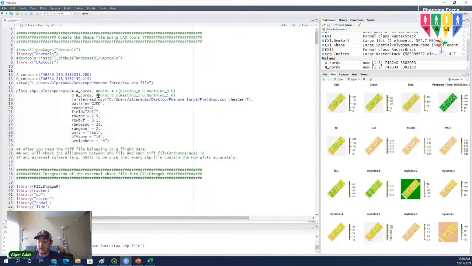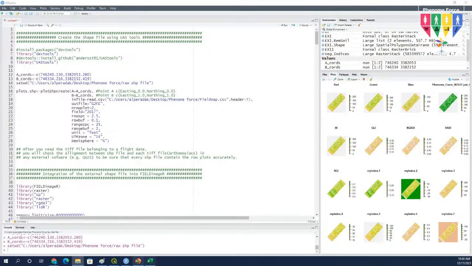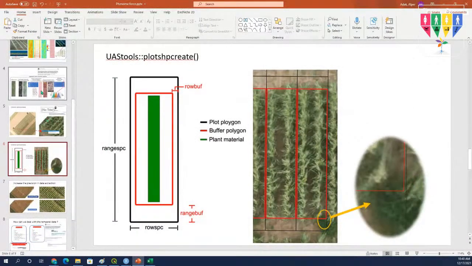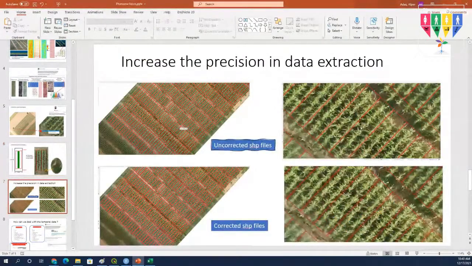So when we run this code, the output is going to look like this. That means that each polygon is not covering the row plot very accurately. So in order to deal with this, there is an arrangement option for us where we can